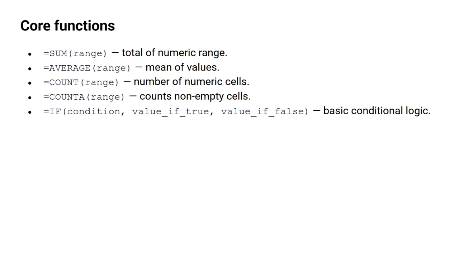Today we'll be talking about the core functions of Excel. We have the sum, which gives us the total of a numeric range. The average shows us the mean of values. The count range shows us the number of numerical cells. The counter range counts non-empty cells, and the if functions give us conditional statements, e.g., if Ayo goes to the